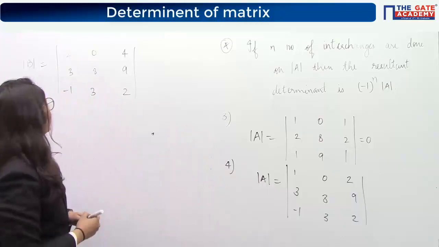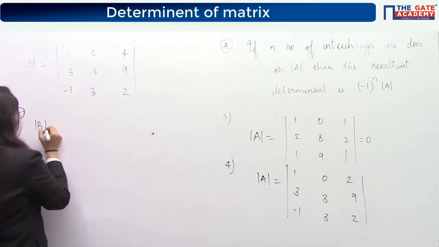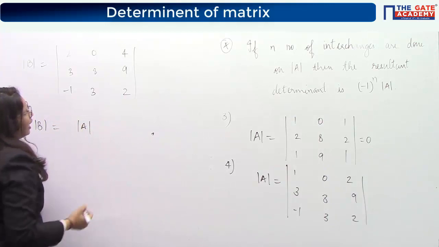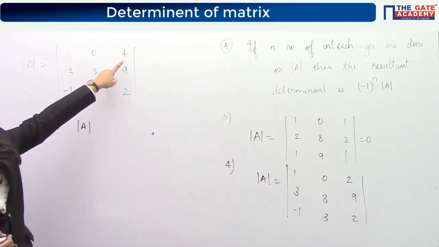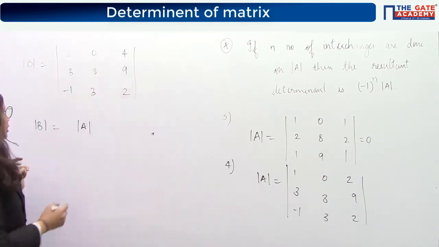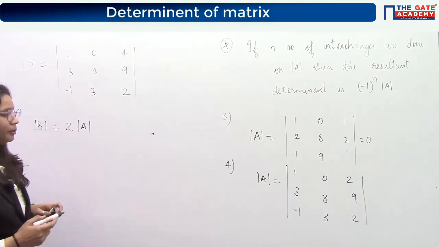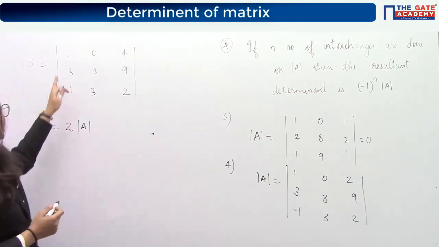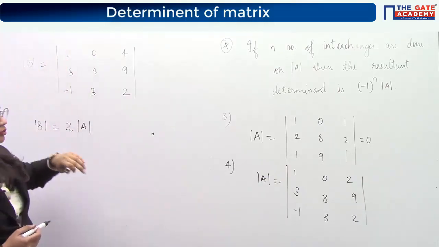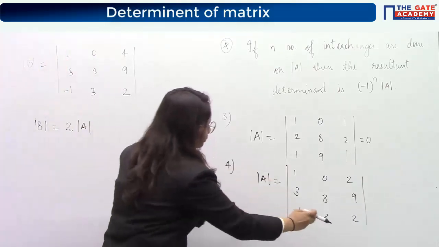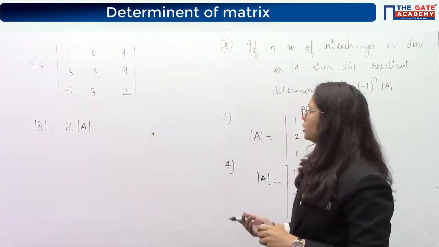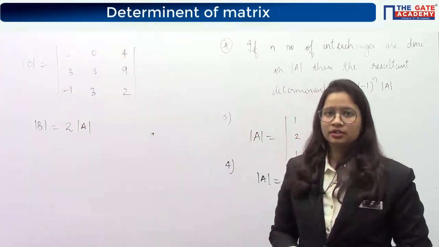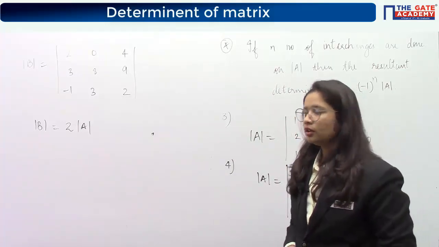That means the relationship between the determinant of B and the determinant of A is that in determinant B you have multiplied this line by 2, so it will directly become 2 times the determinant of A. Means I can take this 2 out as common from this determinant, and the resulting determinant is this one, so 2 times the determinant of A. Okay, this is what this property is trying to say. Done?